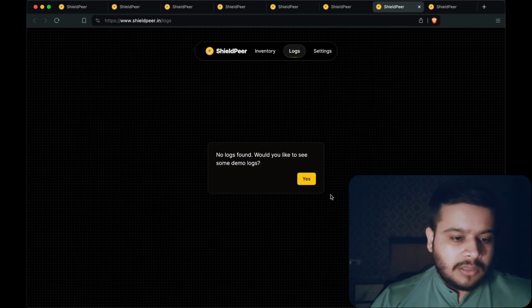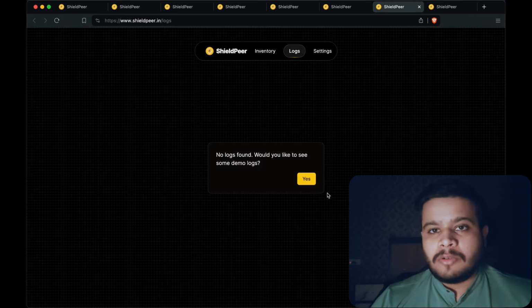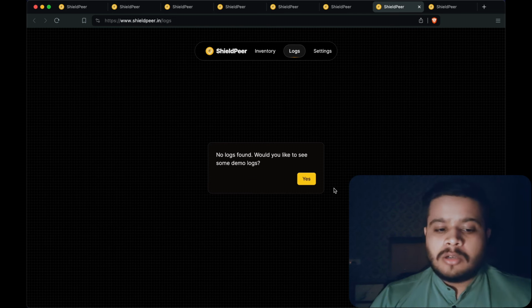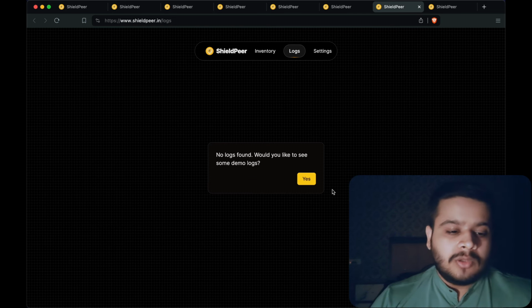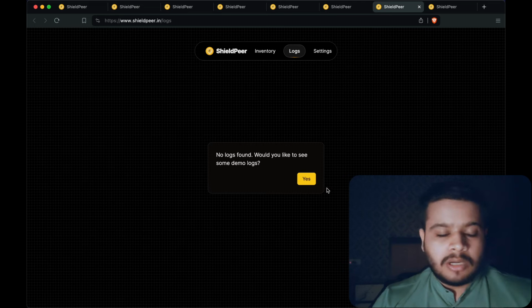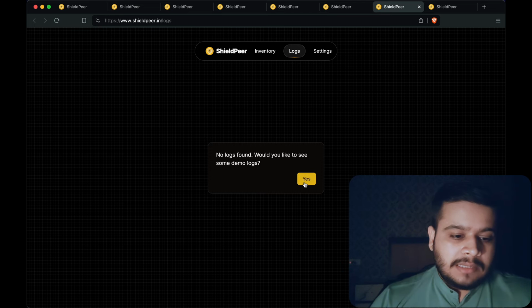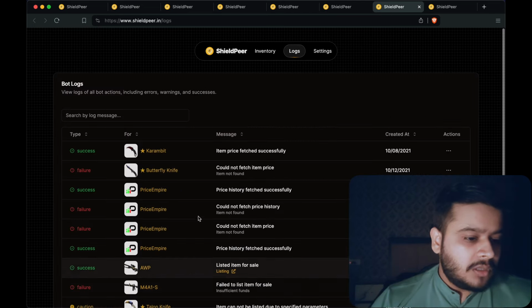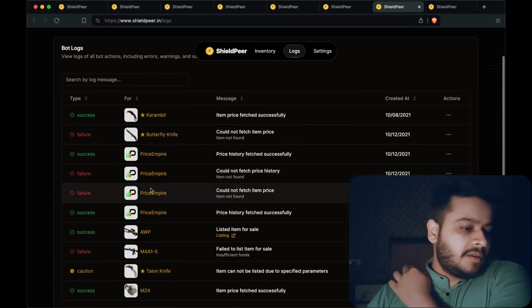Let me show you the logs page. When you go to your logs page for the first time, maybe you want to see how the logs are going to look. I wanted to do that for my account as well because I don't have the bot running right now. So you can see some dummy data by clicking on show me dummy data, and here you will see a